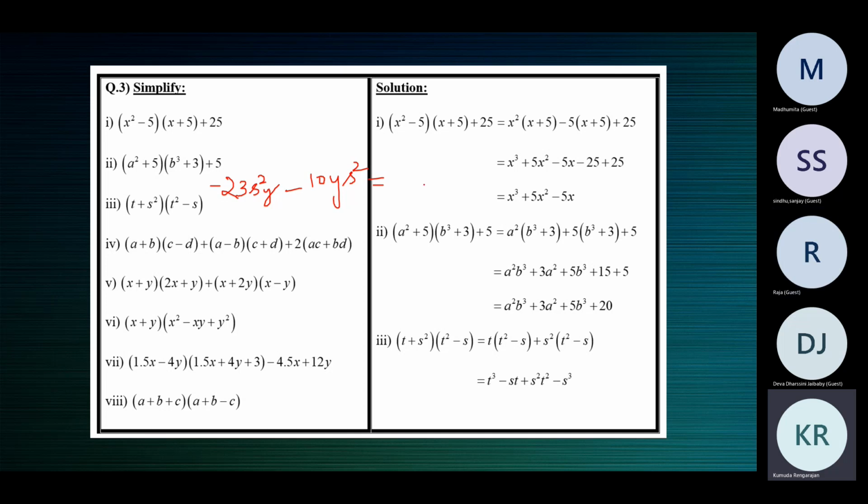Now the answer also will be what? A like term. So the answer also should have s square y, or you can write y s square. Anything you write, both are the same. The answer should also have an s square y, because the answer is also a like term. Now what is the coefficient here? And minus 33, ma'am. Yeah. So we were able to perform this calculation because they were like terms.